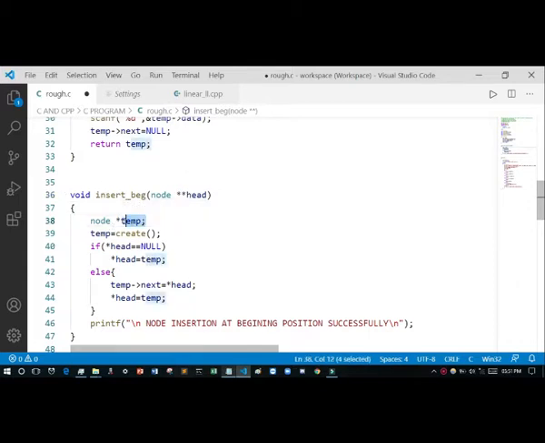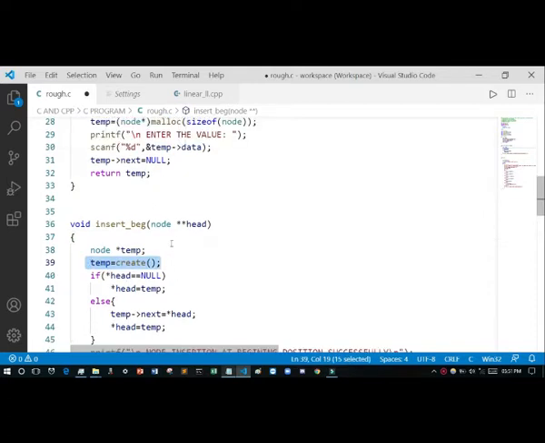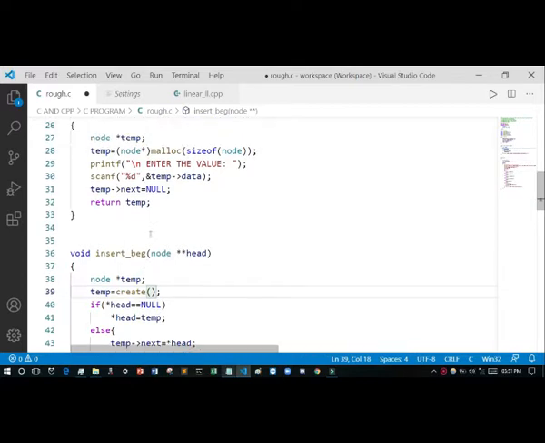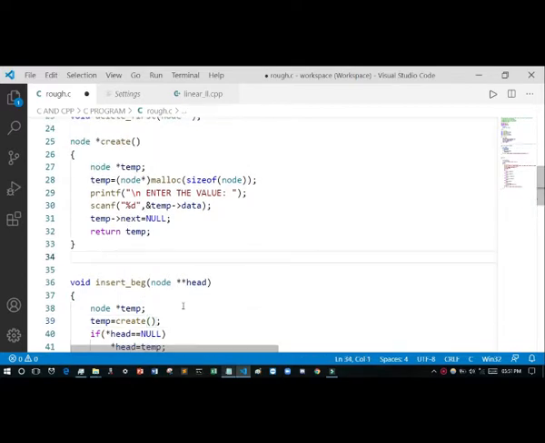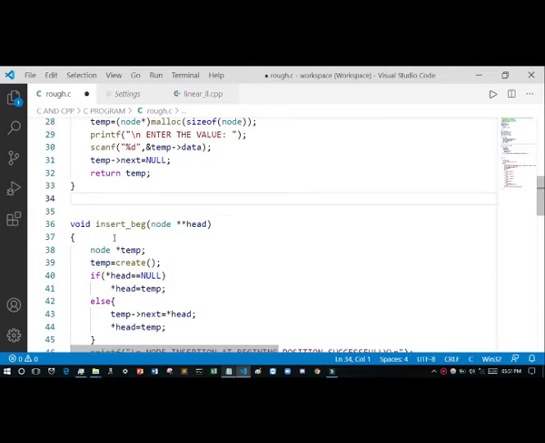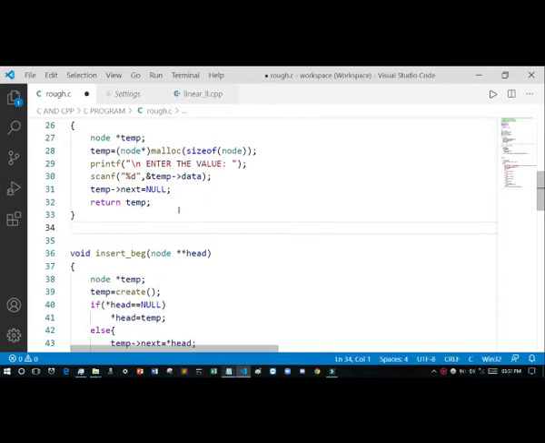Again I have declared a variable, and then I have called this create function. See, whenever control goes to this line, it will call this create function. Otherwise you can write all this code here, but you have to write it for insert begin and insert end. For this reason I have created it uniquely.